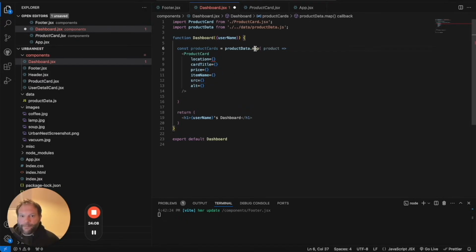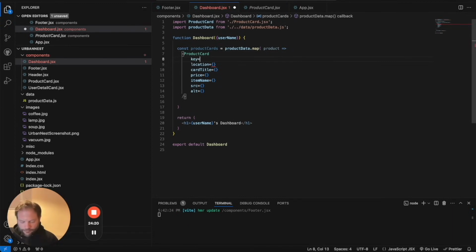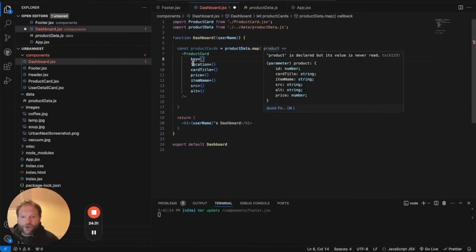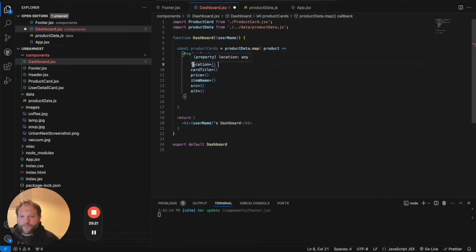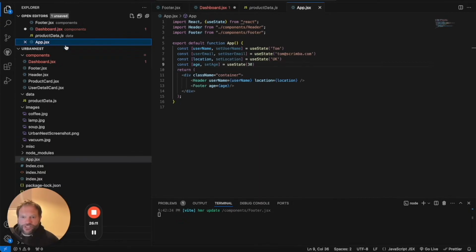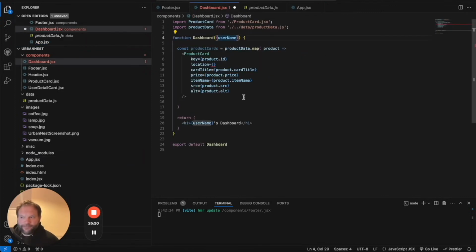And we need to remember when mapping over data and creating these components that each one needs to have a key prop. And the key prop, if we look at the data, is going to be this ID. So it will be available at product.id. And actually, most of these are going to come from product. Location is the exception. So let's just put product in these 5 props. And then location, we are taking in app.jsx. So we've got it set right here. When eventually we add in the dashboard component, we'll be passing it down. So let's bring it in right here and we should be done.